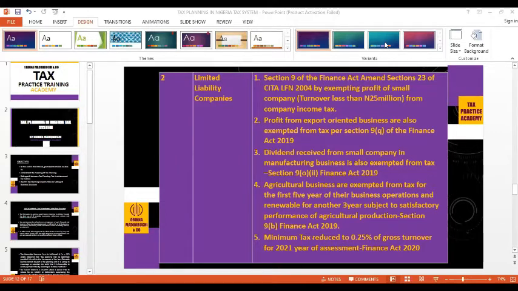So if there's opportunity for tax planning that will be discussed in a subsequent module, you could look at that so that you can legally reduce the amount you will pay as minimum tax.